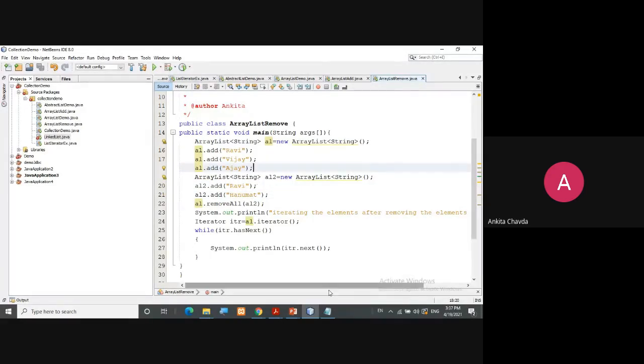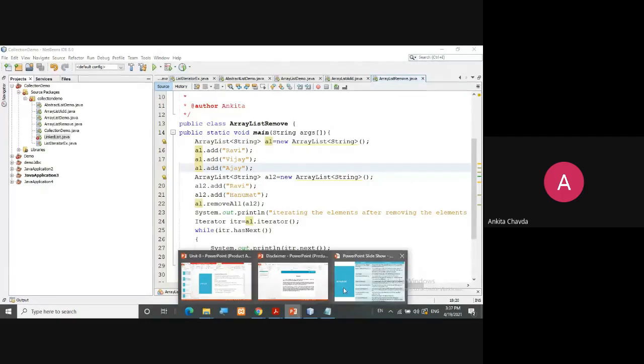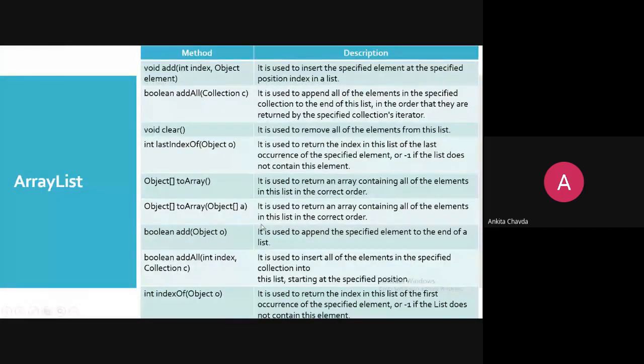Similar methods you can apply. Here you have so many methods, no? So try lastIndexOf or indexOf or anything. This will give you the last occurrence of a particular element.